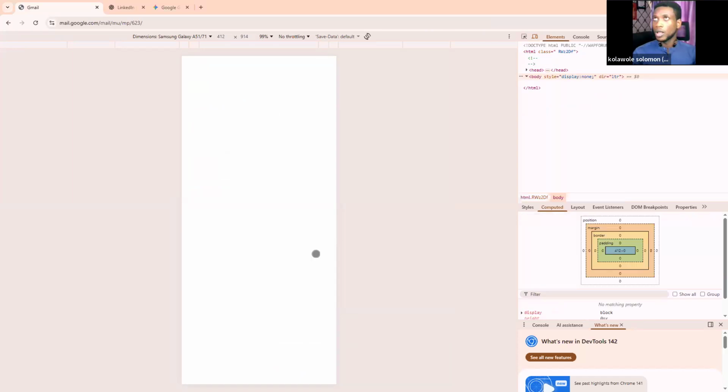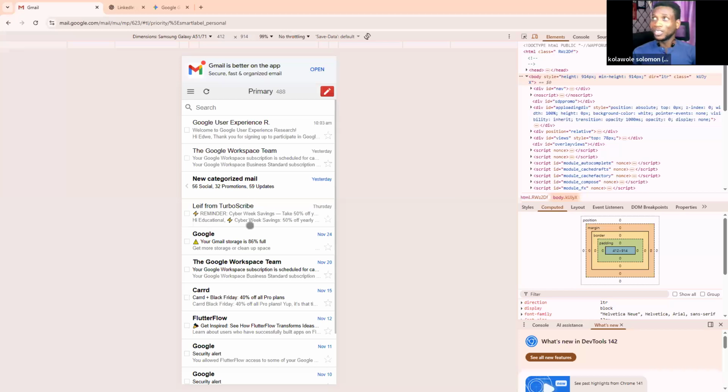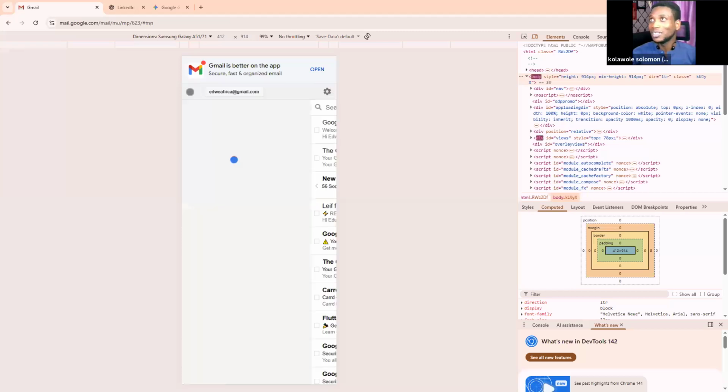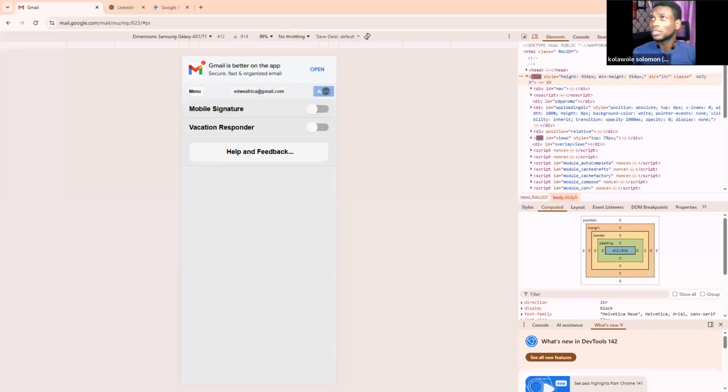I'm keeping my fingers crossed also that this opens the same way on your mobile device. Okay, perfect. It does open. Interesting. You'll be surprised that I didn't know that would happen. I just wanted to try it out. And let's see if we get access to more settings. All right. Do we have access to more settings? Mobile signature. Okay, I see. So now